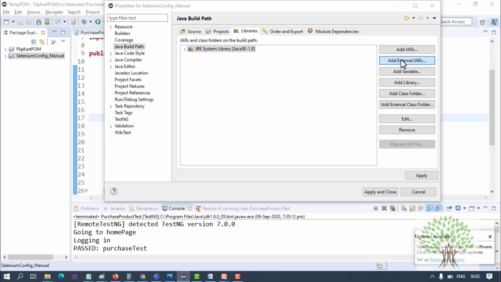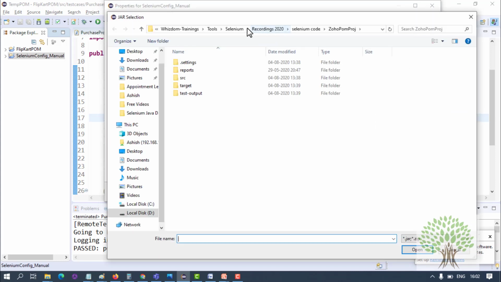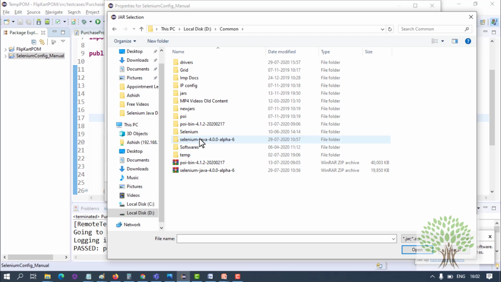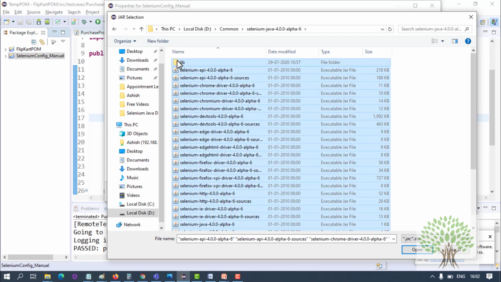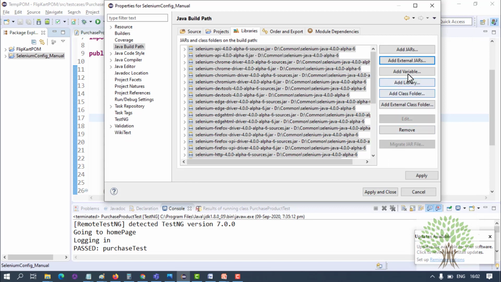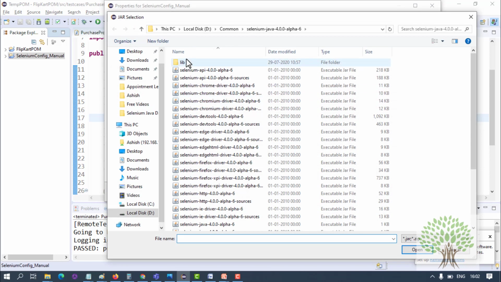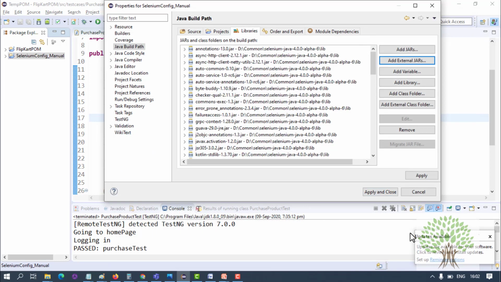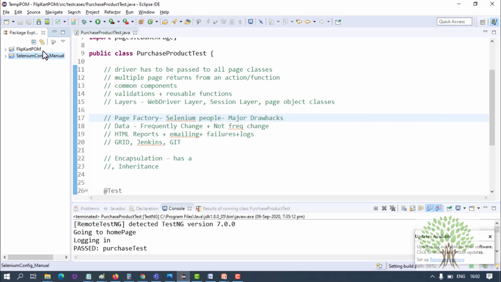You can import all the jars. When you click on this button, please make sure that you import the jars which you have downloaded. You have to import all of them, the ones which are outside the lib folder, also the ones which are inside the lib folder. Generally people don't import the jars which are inside the lib folder and they fall into a problem. So you add all the jars.